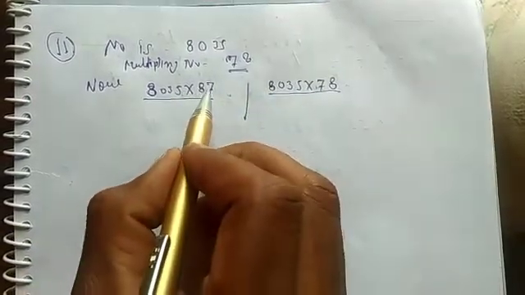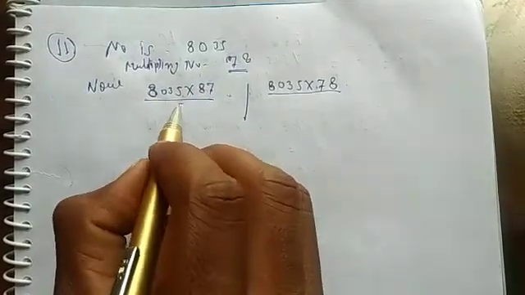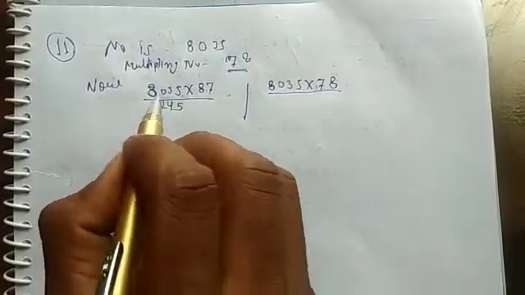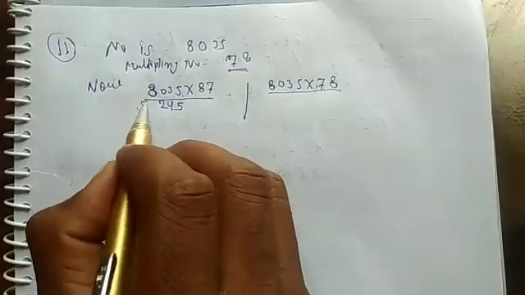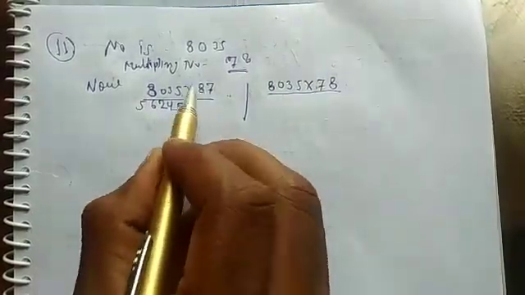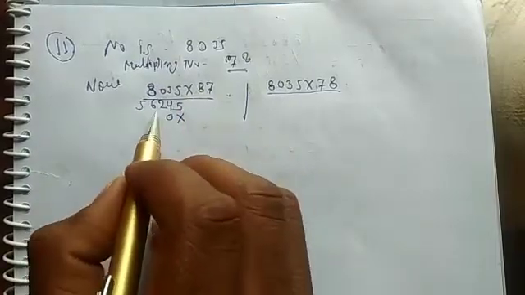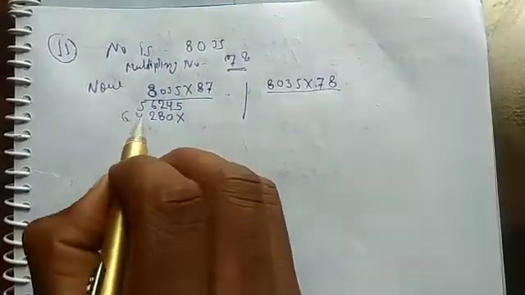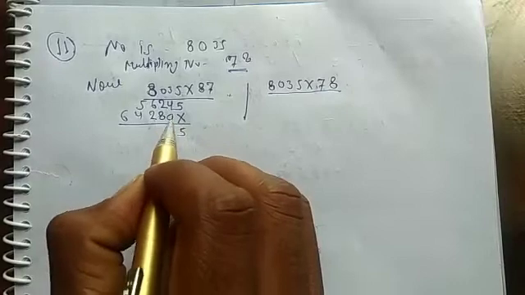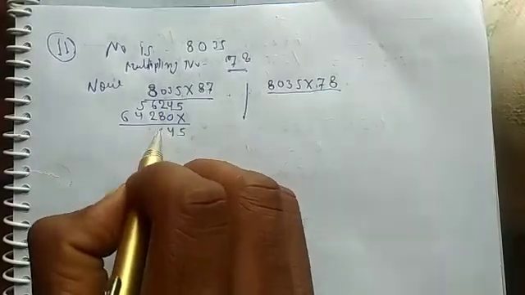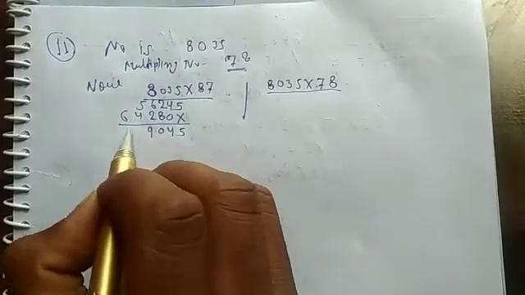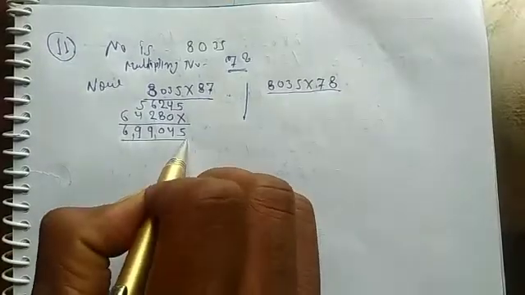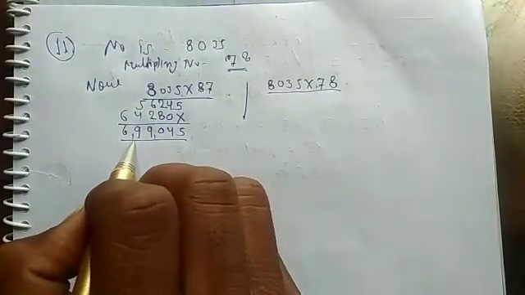First of all, multiply by 7 and then 8. 7 5s are 35, carry 3, 7 3s are 21 and 3 is 24, carry 2, place the 2 here as it is, 7 8s are 56, cross here, 8 5s are 40, carry 4, 8 3s are 24 and 4 is 28, 8 8s are 64, add them, 5, 4 and 0, 4, 8 2s are 10, carry 1, 6 2 is 8 and 1 is 9, 5 4 9 6. 6,99,045. This is the incorrect product.